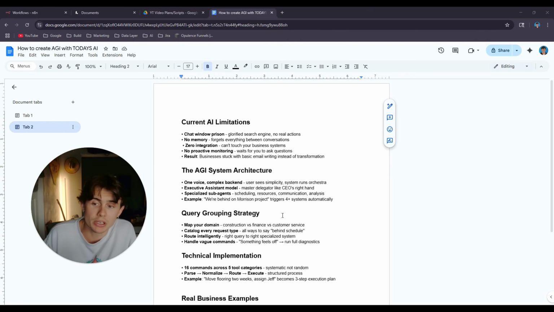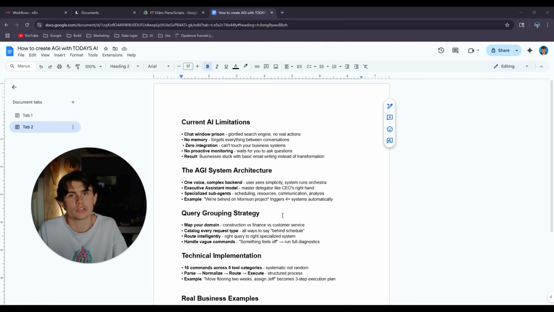Okay, so today we're going to be going over a quick overview of the current limitations of AI in its form right now. Then I'm going to briefly talk about the AGI system structure. So this is how you want to structure your systems to achieve an AGI-like feel.